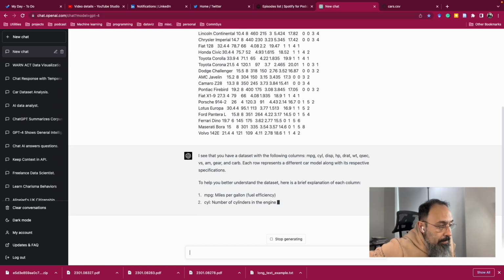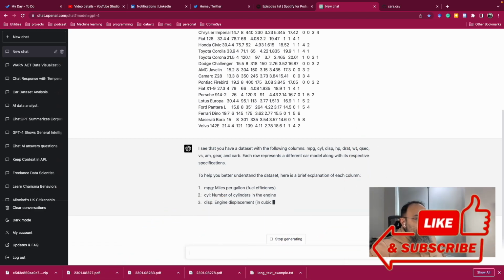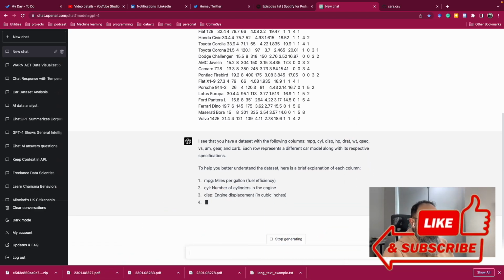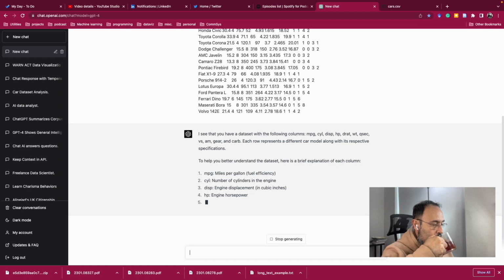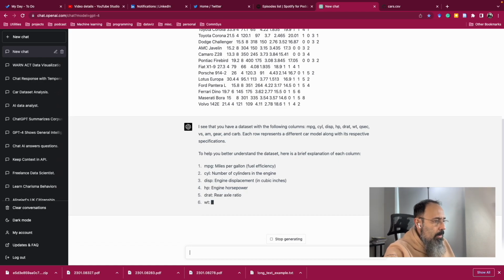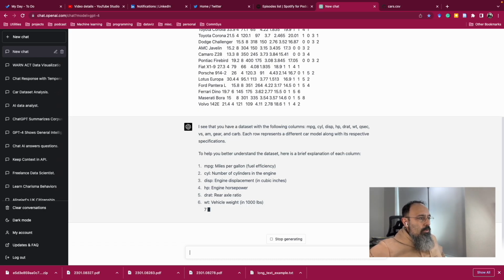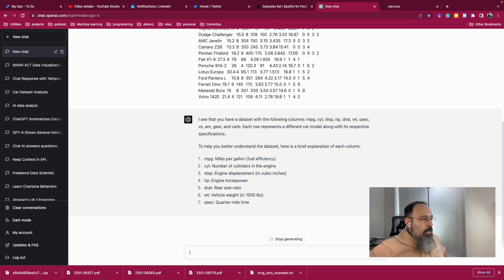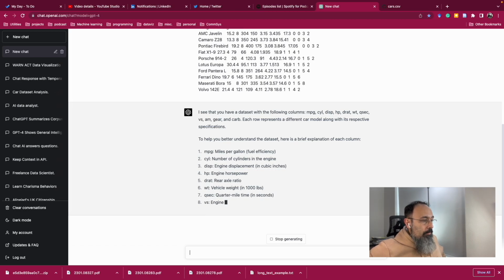Interesting. That's really interesting. Yep. So it gives you the overall description of the data set that you have. Everything there.